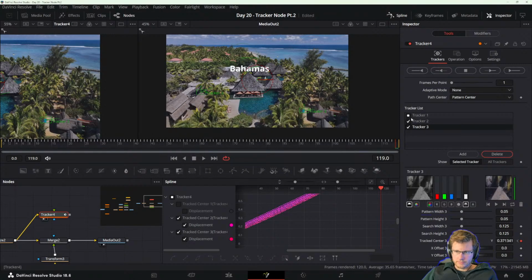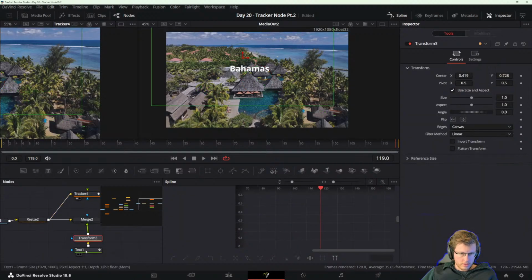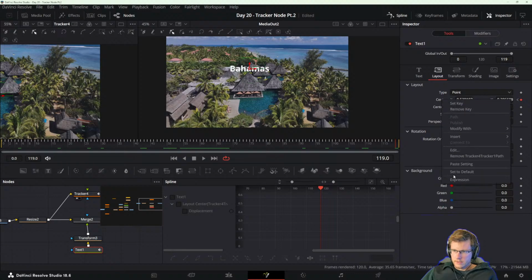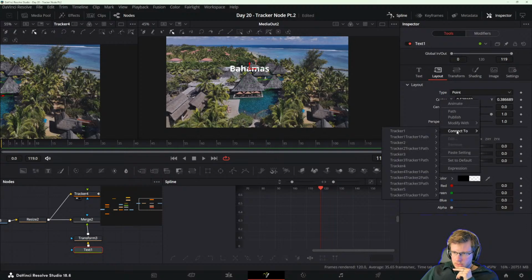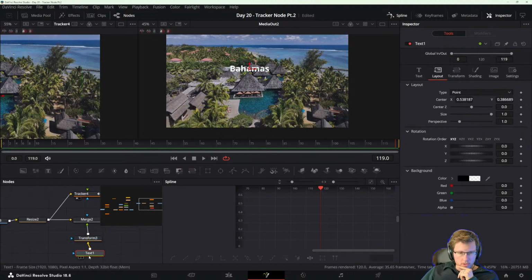Ta-da. And then our text should have Z depth. So if we do that and then center, or let's see, if we have this on, what do we do for this? Our text, we can connect it to